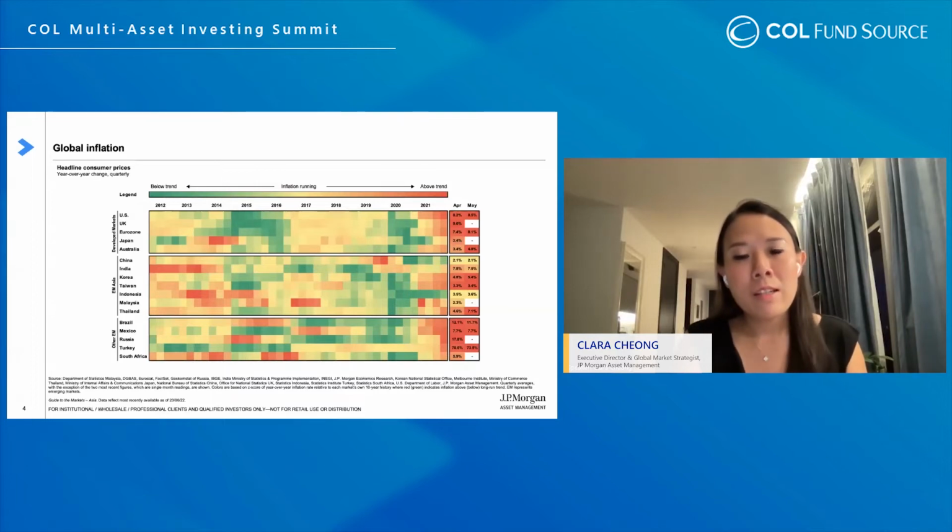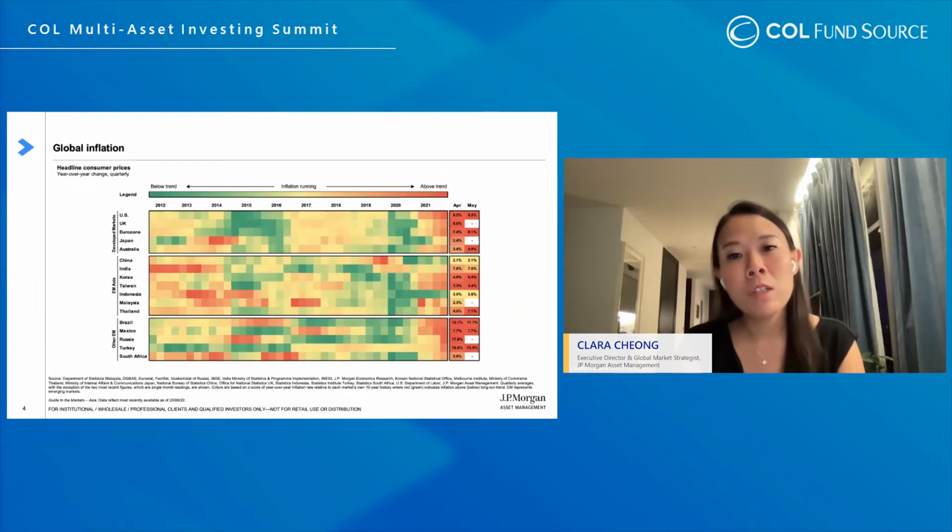The other thing that I would like to also point out on this slide, since we're here, is that inflation is picking up in Asia, but it is nowhere near what the developed markets are experiencing, primarily due to a couple of reasons. One of the reasons is our economies have really only started to reopen and recover, and our governments didn't spend as much money from a fiscal perspective trying to boost demand. And as such, if you look at the output gaps of a lot of our economies, they're still below potential.